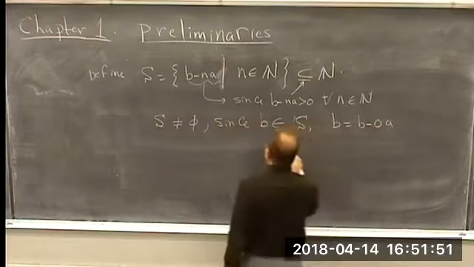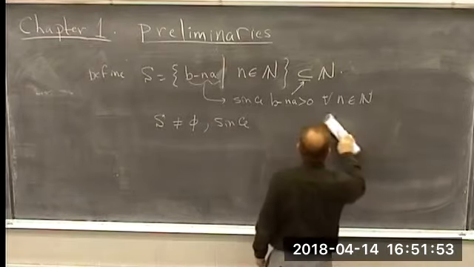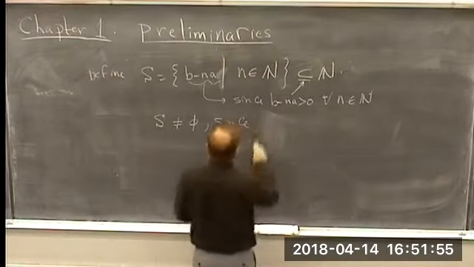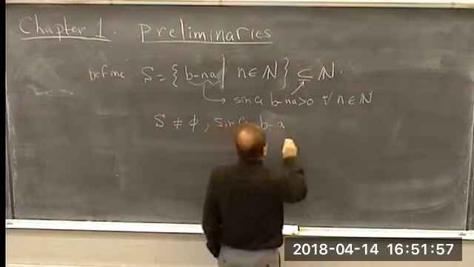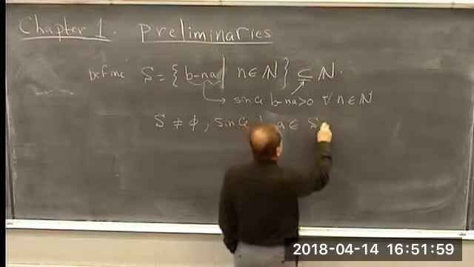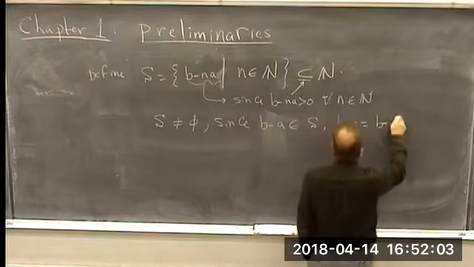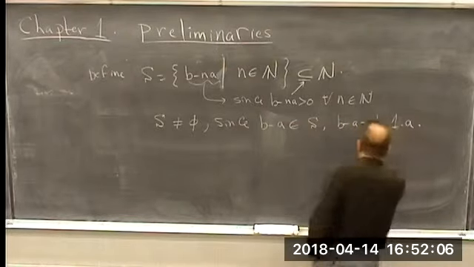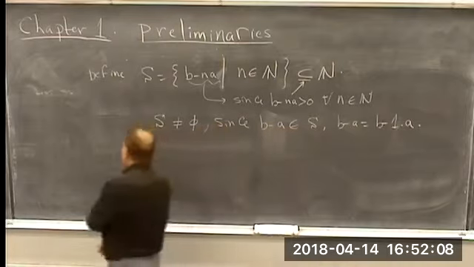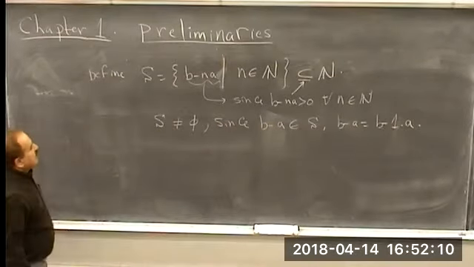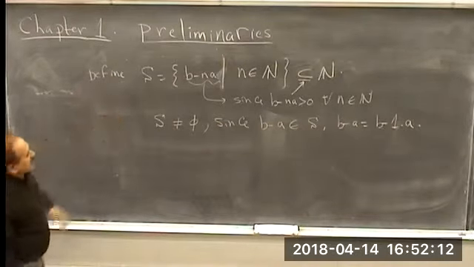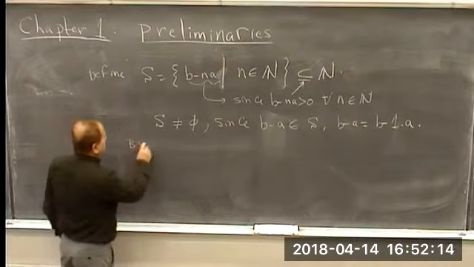So let me say B minus A is in S, where B minus A equals B minus 1 times A. Let's strictly write it in this form. So we have a non-empty set of natural numbers, and by the well-ordering principle